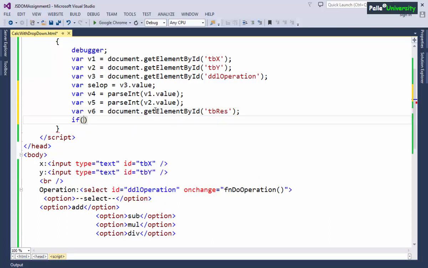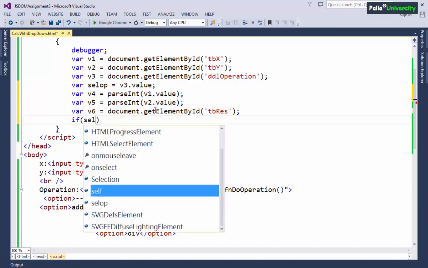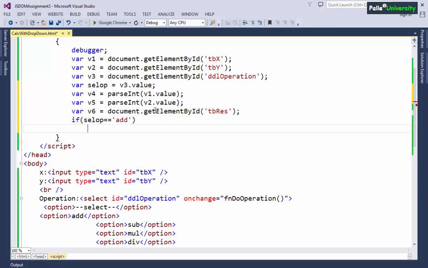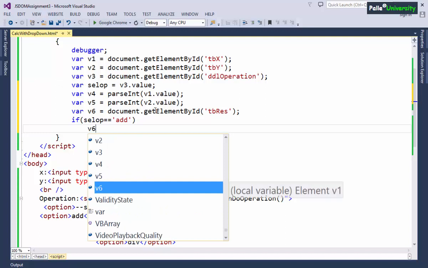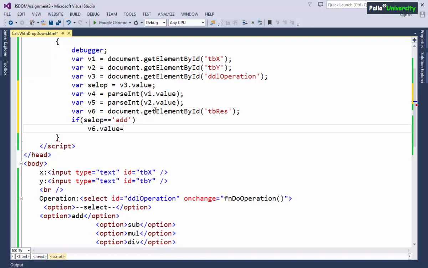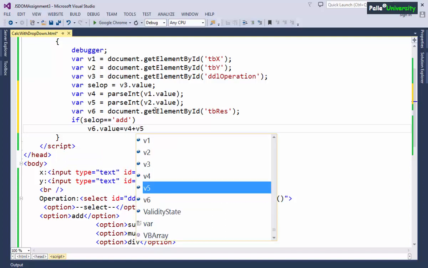Now we have to write conditional statement. If selected operation is equals to add, we have to perform the addition operation and the result has to be displayed into V6 dot value is equals to V4 plus V5.